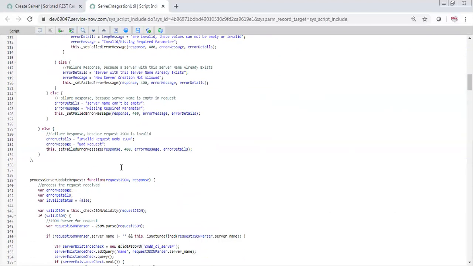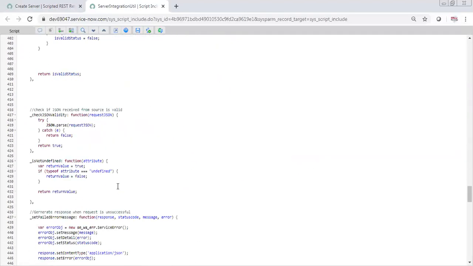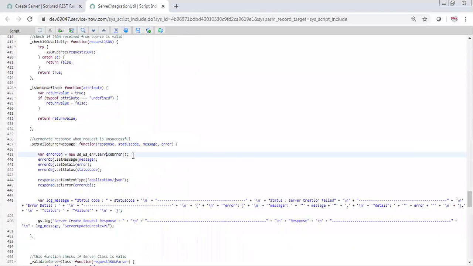That means, first, it's not good code because I am going to increase the number of lines, since the same lines would be written everywhere, maybe 10 places. The code will not look good, and reusability is lost. So I am defining a function that expects a response variable, what error code you want to send, what error message, and any detail. I am calling this function, and here this function is defined for sending the error message. So you need to remember this class, this is very important. This class is used to send the error message when you are designing a scripted REST API.